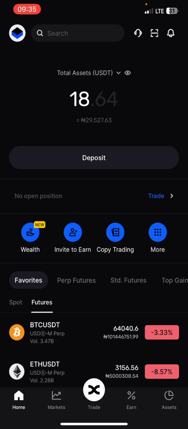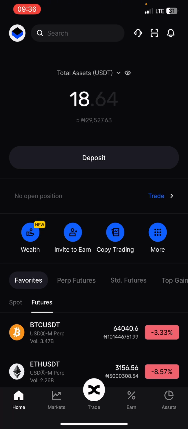Now, moving forward, I had to use this account for trading. So you see here we have $18. Yours can be any amount at all. It could be $1,000, it could be $50, it could be $20. But just know that the higher the capital you're using to trade, the better the results, and that's the most important fact. So I'll be taking you step by step on how you can do this.